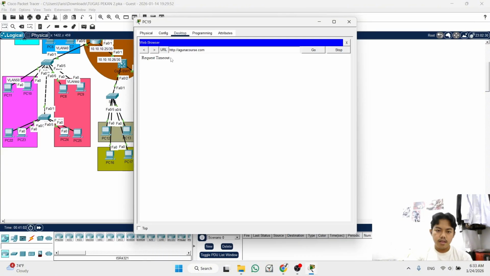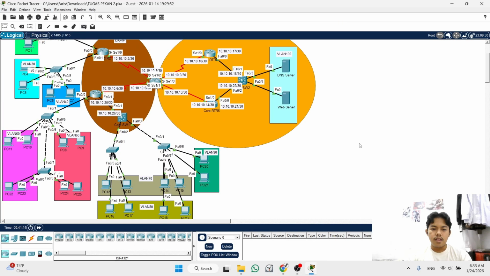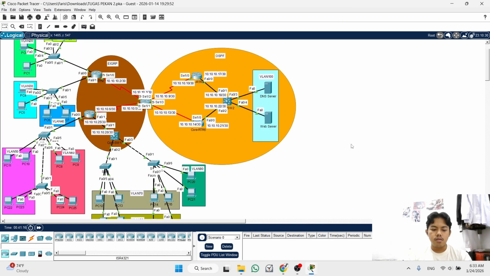We cannot access Aguna course. Okay, and now we access Aguna course with HTTPS. It works. Now we are done configuring this superlab.